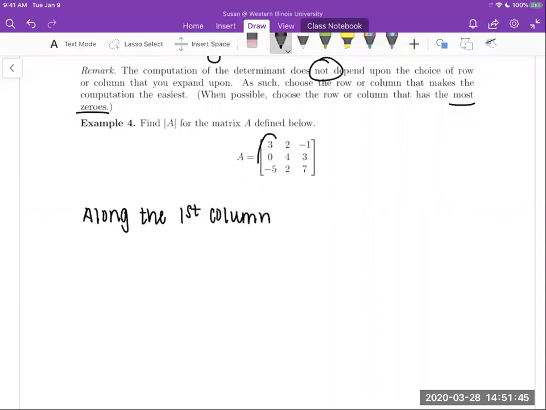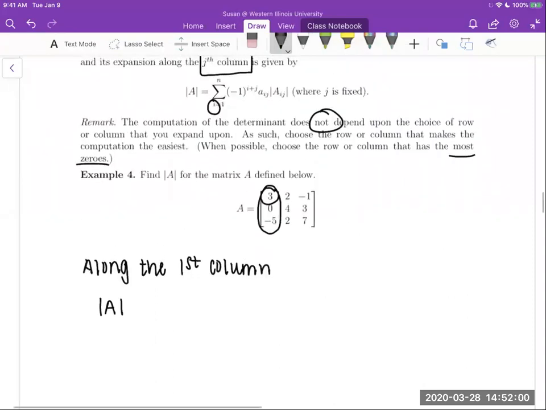So I'll call that out here by circling it. And so where we're going to start is in the first column and the first row. So our Aij entry, if we're looking up in these equations, our Aij entry is the A11, in this case is 3. So what we're going to have is a -1 to the 1 plus 1 times 3 times, let's clean this